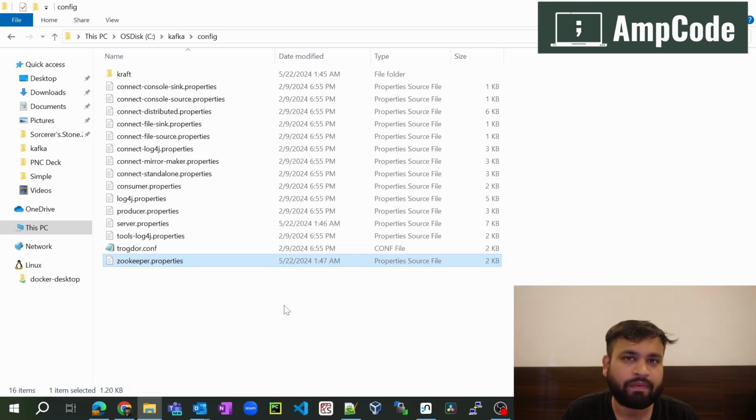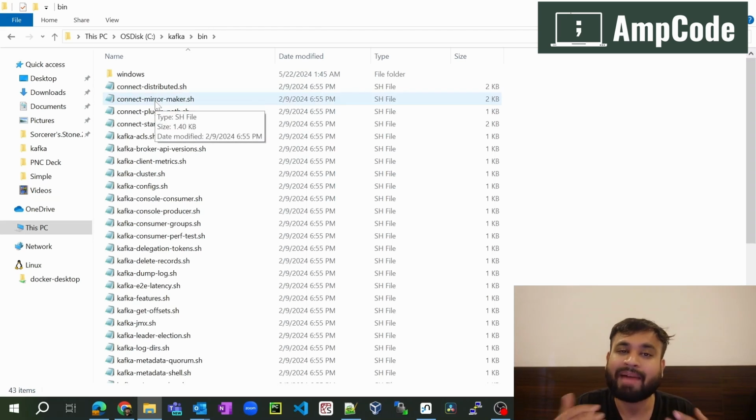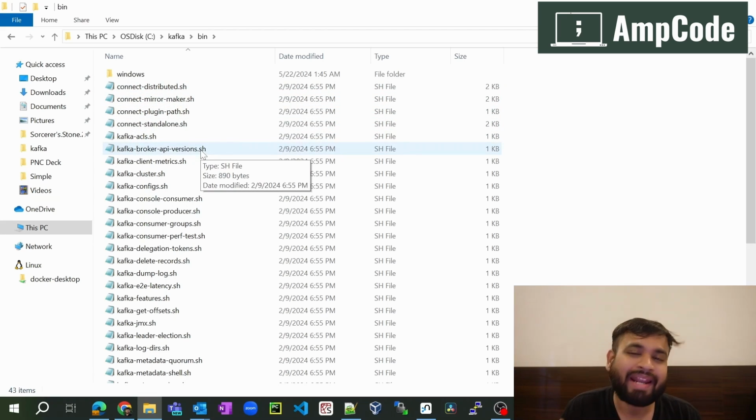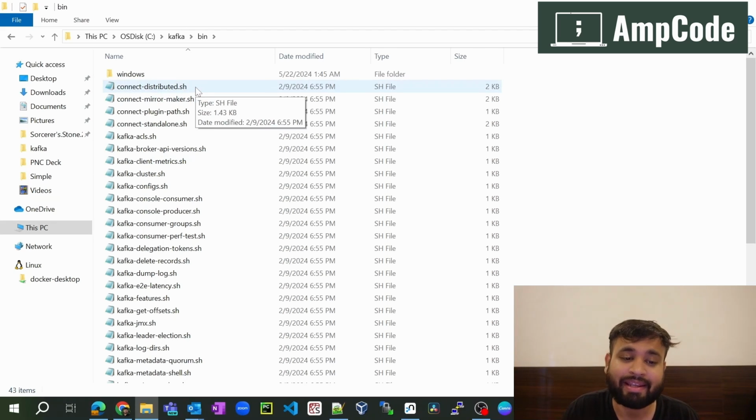To kick off our Kafka, all you have to do is go into the Kafka folder, and in the bin directory you will see all the batch files we can directly kick off. As you can see, we have the .sh files. So if you want to run your Kafka on an Ubuntu system or a Linux box, then you have to use this bin folder where all the shell scripts you can directly kick off to start